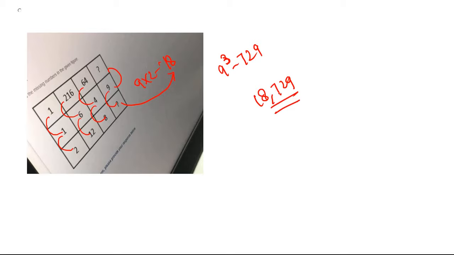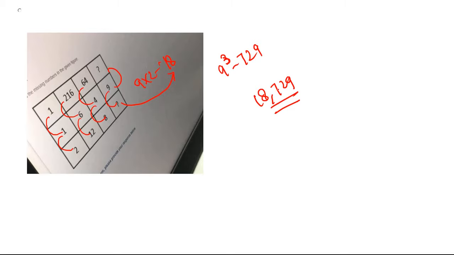This is our next question. Let's see what we are doing here. So here you can see 2 1s are 2, and 1 ka cube will give you 1. Similarly here 6 into 2 is 12, and 6 ka cube will give you 216. 4 2s are 8, and 4 ka cube will give you 64. Similarly here also we'll be doing the same thing, that is 9 into 2 is 18. So in this question mark we'll be getting 18, and 9 ka cube will give you what? 729. So here we will be having 18, 729 as the answers.